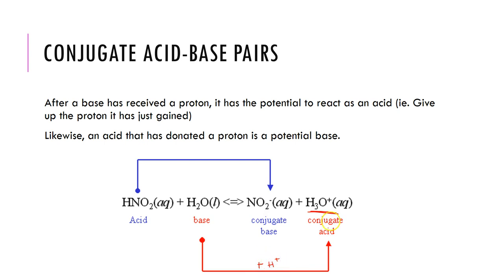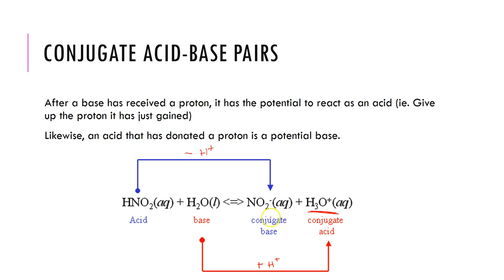forms the conjugate acid. And if you have a look, the H2O and the H3O+ over here, the difference between these two is H+. If we look at the acid, what we have is HNO2, nitrous acid in this case. Okay, so HNO2. If it's acting as an acid, it will donate a proton. So the overall difference between the species on the left and the species on the right will be the loss of H+. So the charge will go down by 1 because it's lost a positive charge, and we'll lose 1